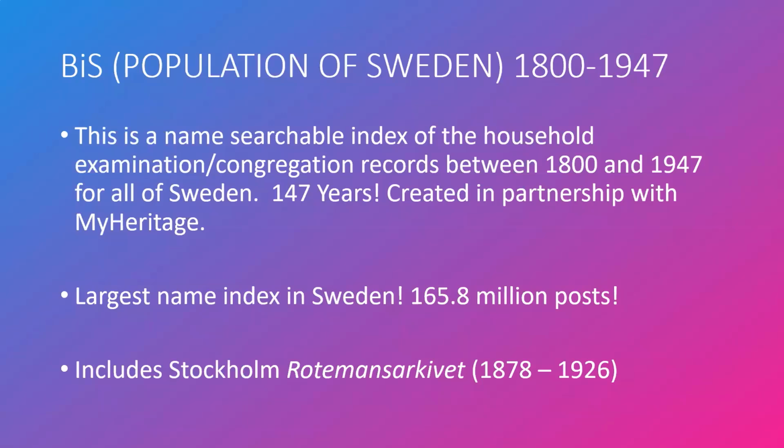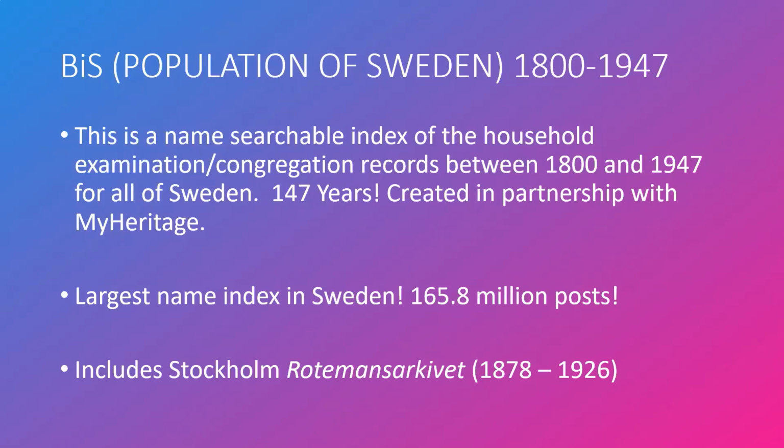The population of Sweden, 1800 to 1947, is this name searchable index of all the household examination and congregation records between 1800 and 1947 for all of Sweden. I can't emphasize that enough. It is for all of Sweden. It's 147 years. And it's important to remember that there was very little immigration prior to 1840. So if you have a Swedish ancestor, there's a very high likelihood that you will find that person within this index. And this was created in partnership with MyHeritage. It's the largest name index in Sweden,